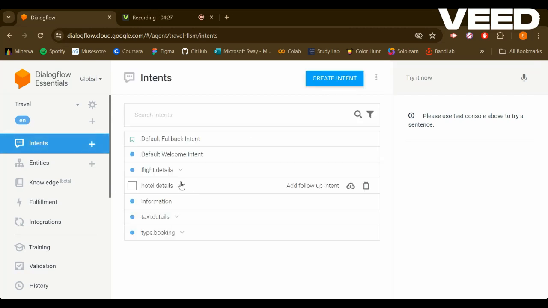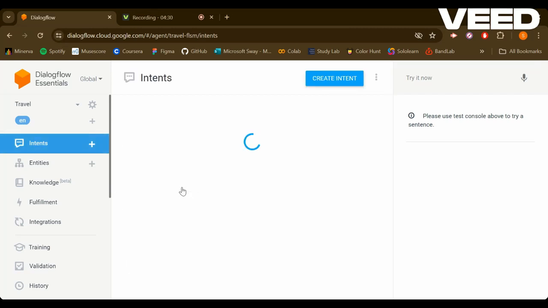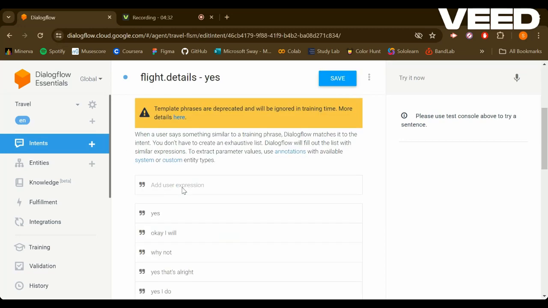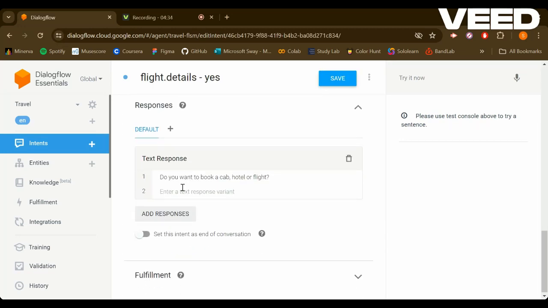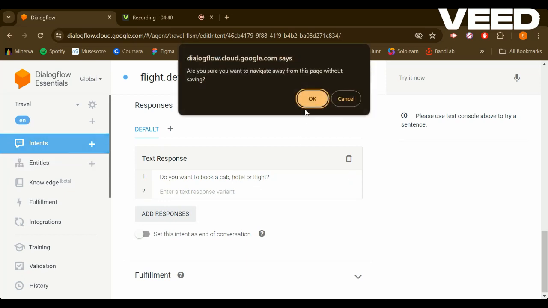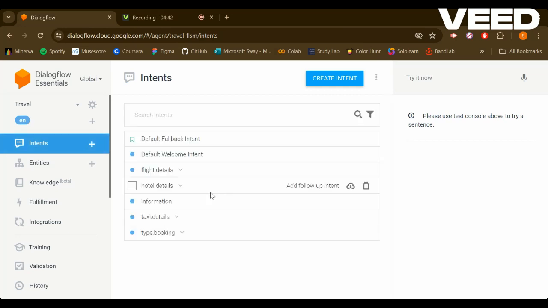But if the user says yes, then it will ask further questions, like if the user wants to book a cab or a hotel or another flight. And the same is for hotel and taxi, where the user can say no and it will be the end of the conversation.